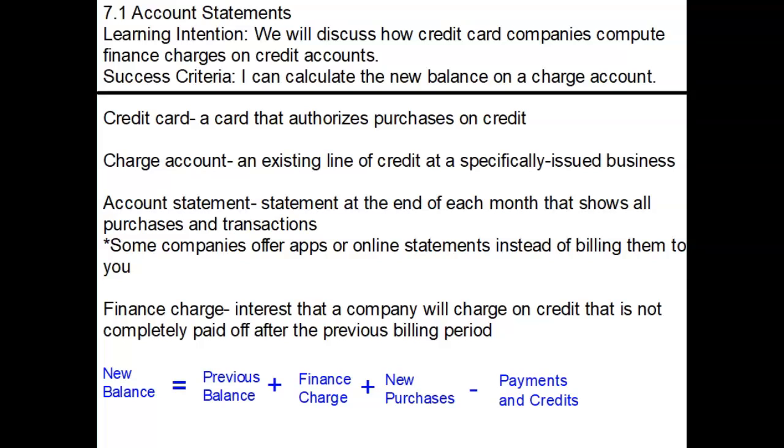And so there's some terminology that's going to be important to know. So balance just means how much money you have borrowed. Okay, a finance charge is what they charge you when you carry a balance. So if you don't pay off all of your purchases at once, you'll have some kind of a finance charge on there. So this is money that you pay